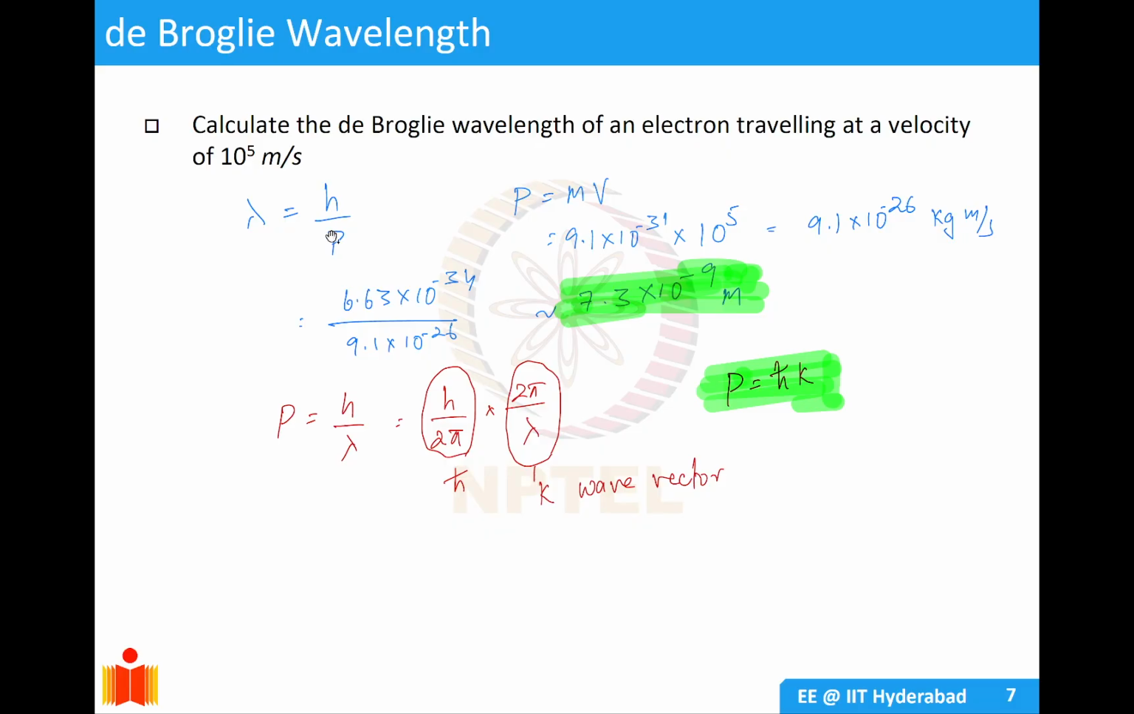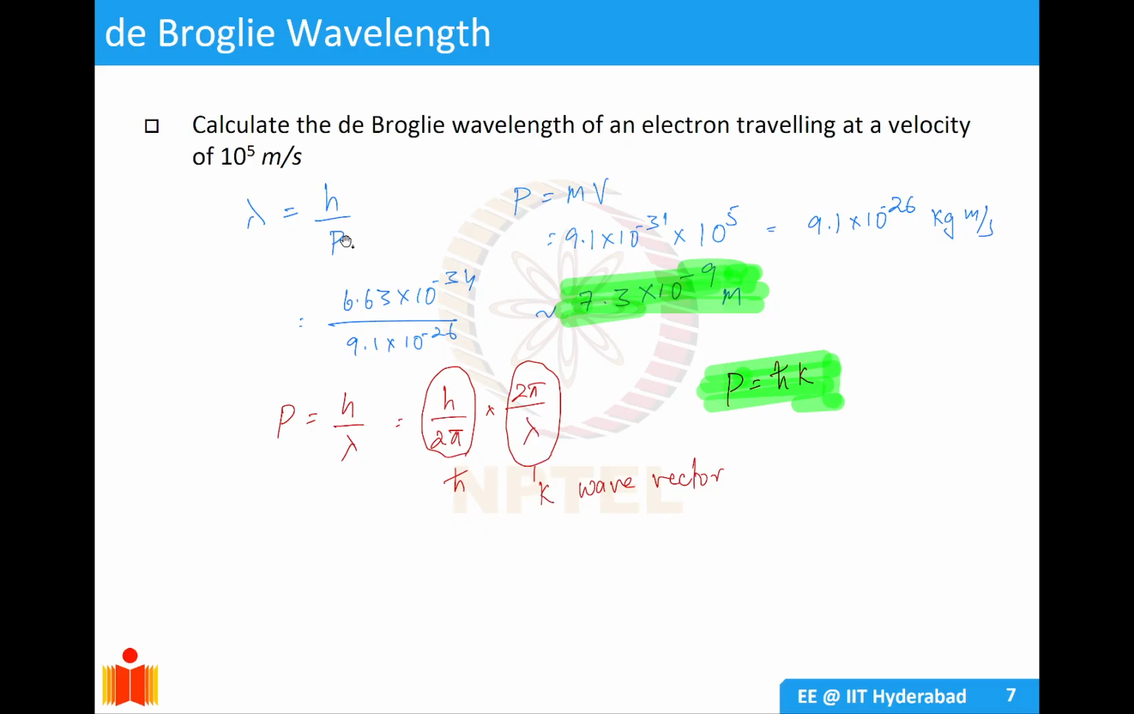So now you calculate h by p, which is 6.63 into 10 to the minus 34 divided by 9.1 into 10 to the minus 26, and that comes out to be 7.3 into 10 to the minus 9 meters. So now you can convert it into nanometers, so that will come out to be 7.3 nanometers. So the wavelength comes out to be 7.3 nanometers,